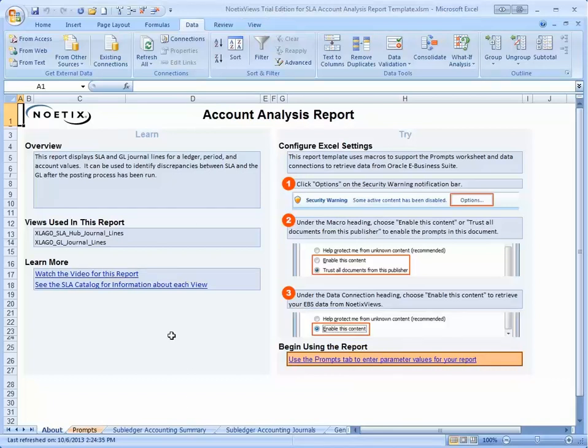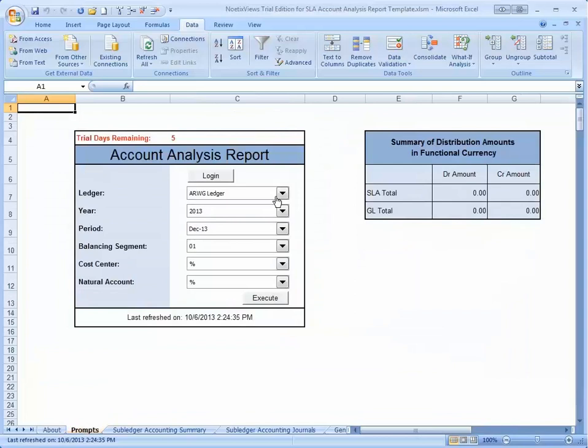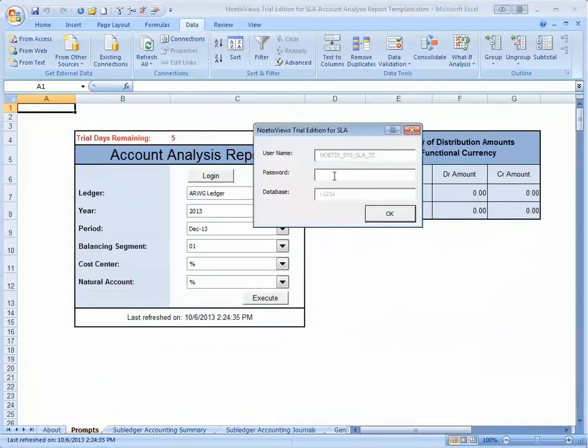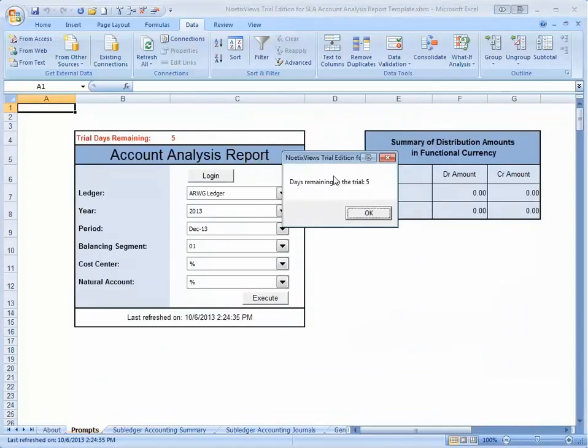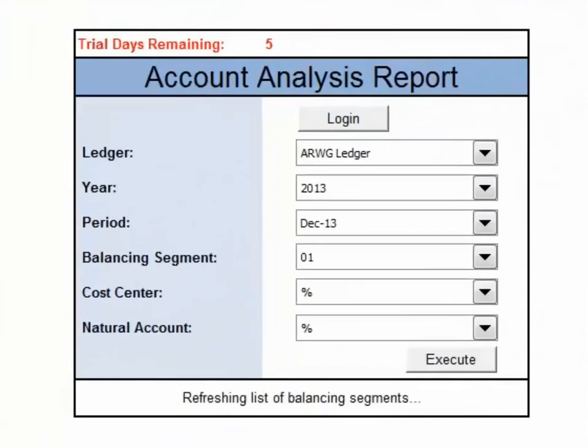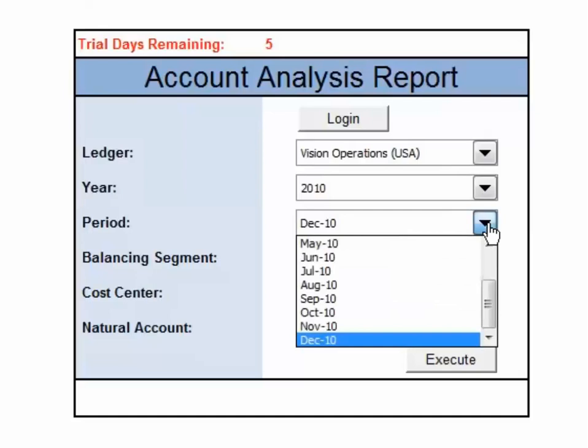Let's go to the Prompts tab and run the report. First, you must log in. Next, make your parameter selections. This report requires a value for a ledger, a year, which is really used to narrow down the list of values in the next prompt, that is, the list of periods,